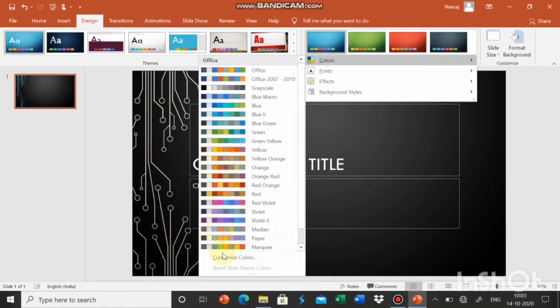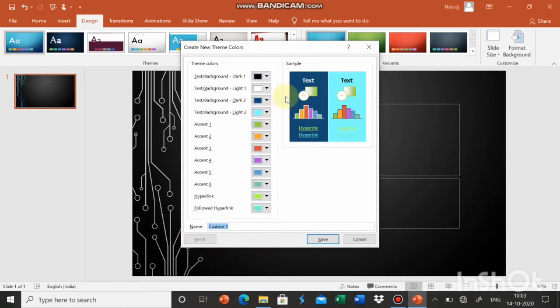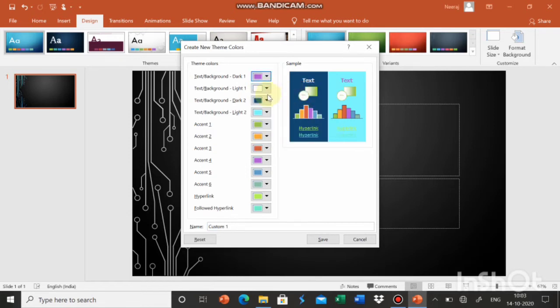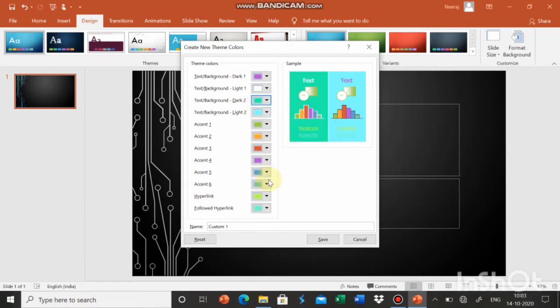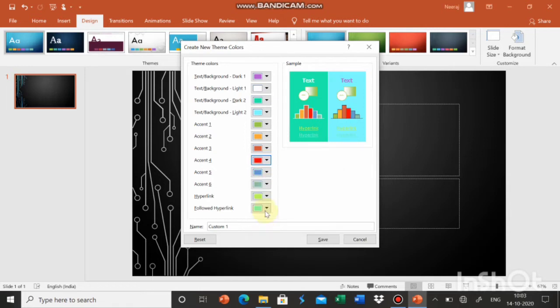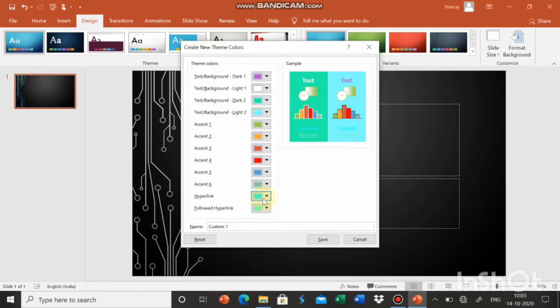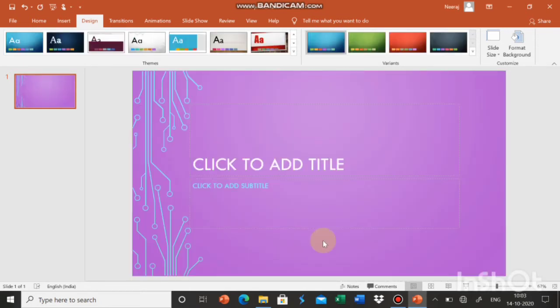We can select our own color patterns from customized colors. Click on save. As you can see, the color of our themes is now changed.